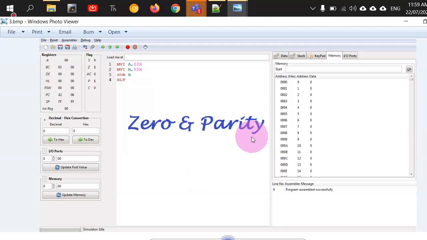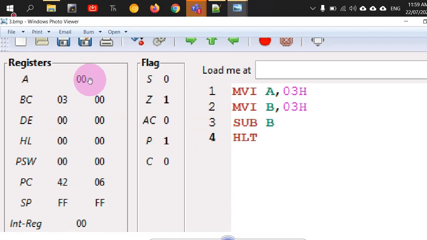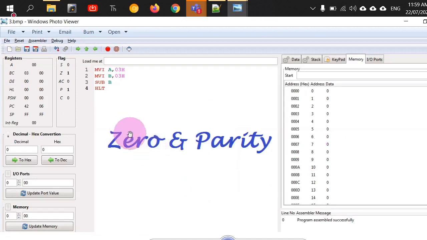Then we have the zero flag. It's very simple to understand. There will be some data which is equal in 2 registers A and B, and you use the subtract command SUB B, and the data of B will be subtracted from A, right? The accumulator will hold a value of 00, but here you see that the zero flag will be set as well as the parity flag, because SUB B is a calculation based instruction. The parity flag will also be set, because the accumulator now contains no ones and we want to have an even number of ones. So this is as simple as that. This is the zero flag, right?